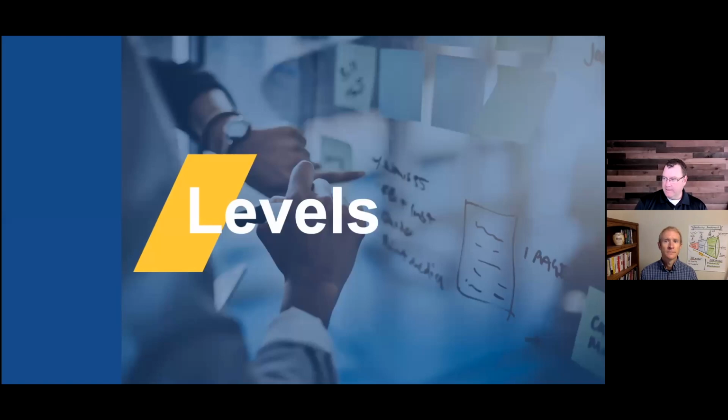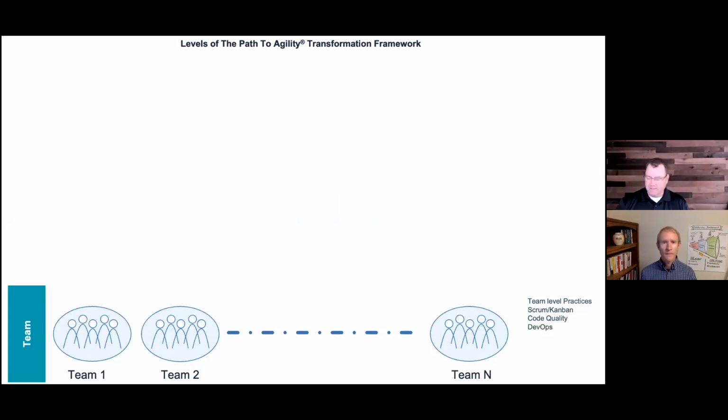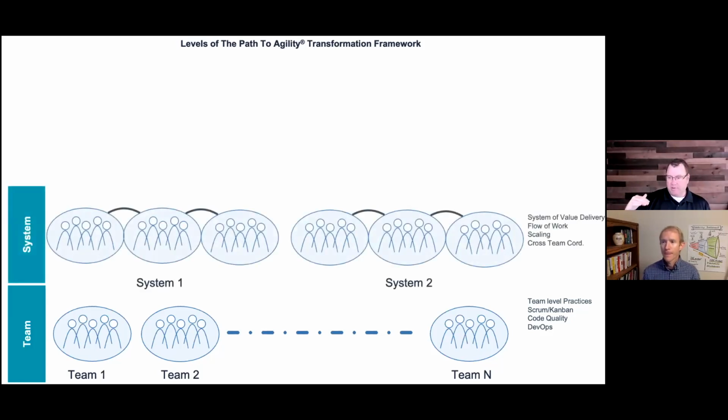All right, and then from those 5 stages, we have what we call the 3 levels. And the easy level that everybody kind of understands is what we call the team level. We've been doing team level transformation for over a decade. So Scrum practices, Kanban practices, but what we're learning with the advent of all the kind of scaling frameworks that